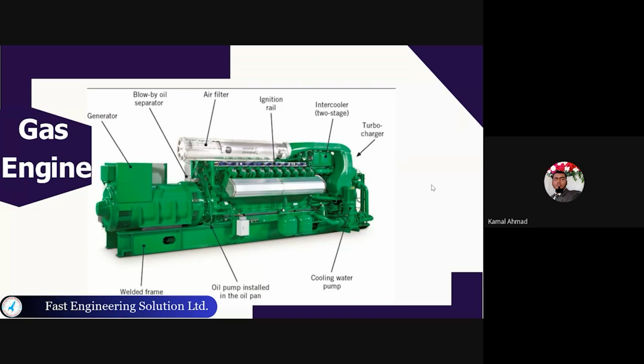And the generator is also highly efficient. If we use the turbocharger, then the efficiency of the engine will increase very rapidly. We can use the air filter to filter the air which will be taken into the combustion chamber. If the combustion air is clean, then the combustion will happen properly. If the combustion air is dirty, then the combustion will not happen properly and we will have a huge loss